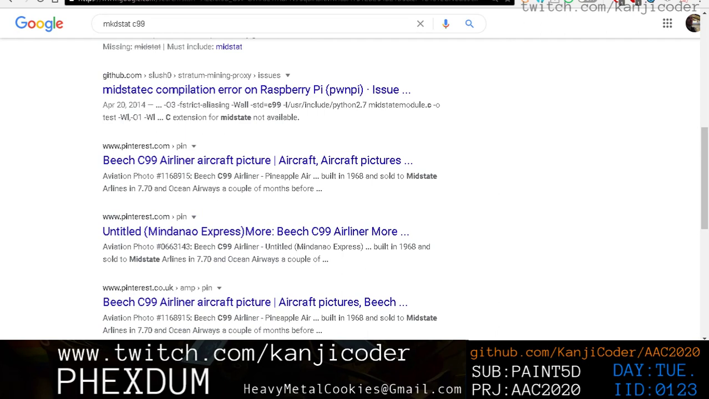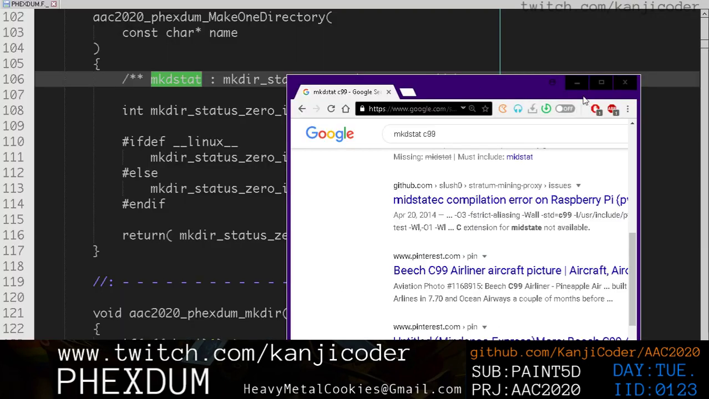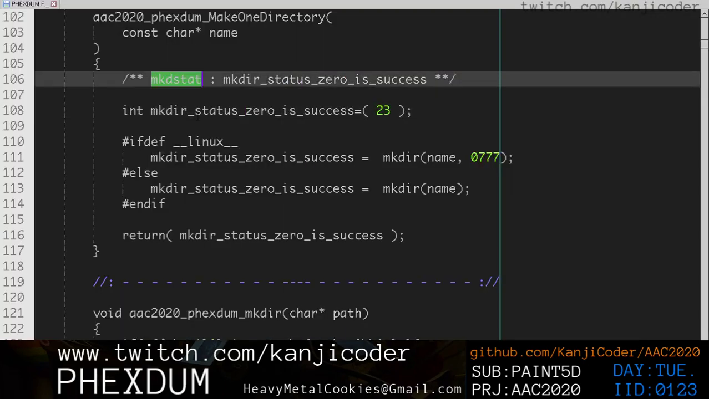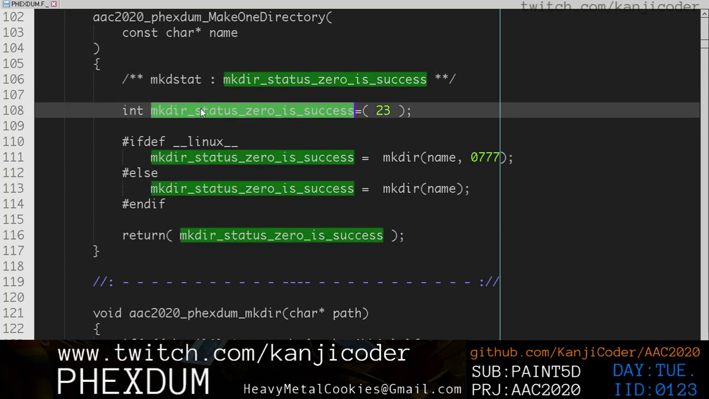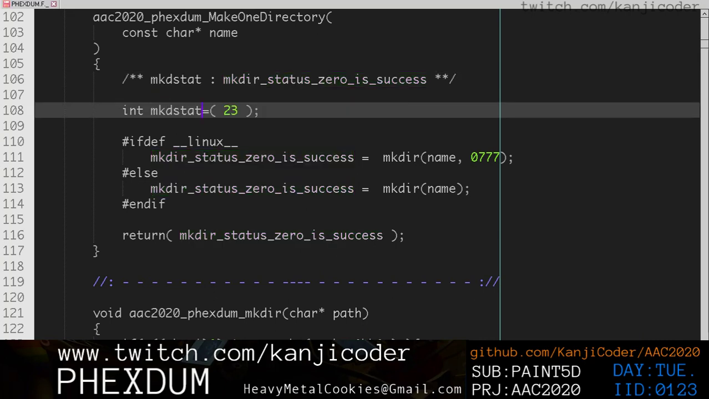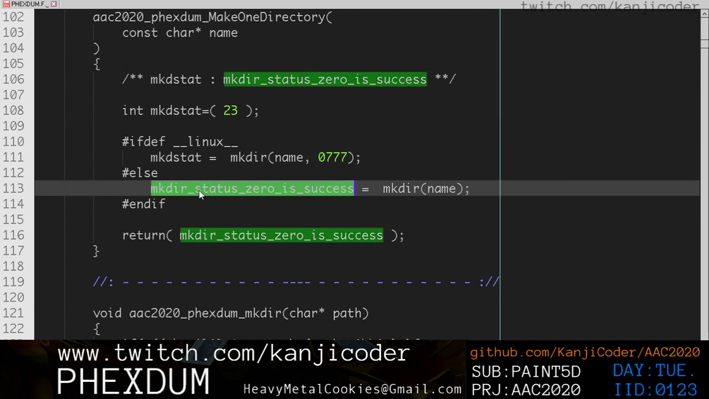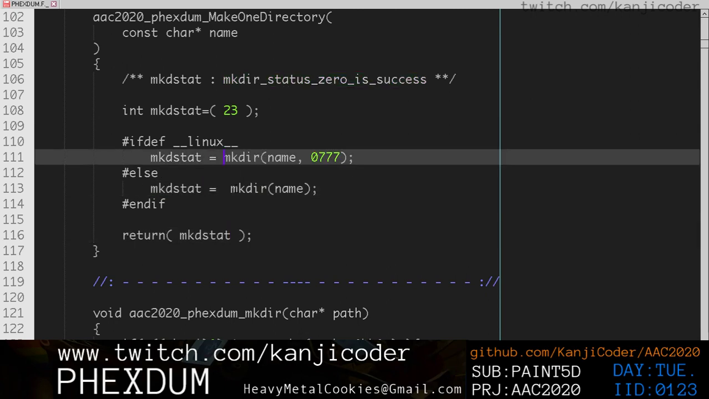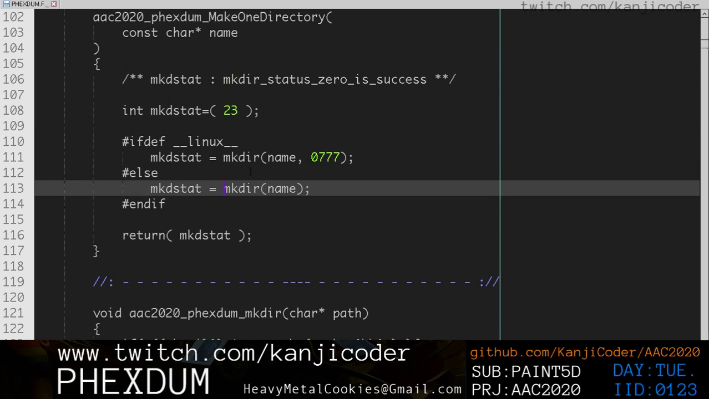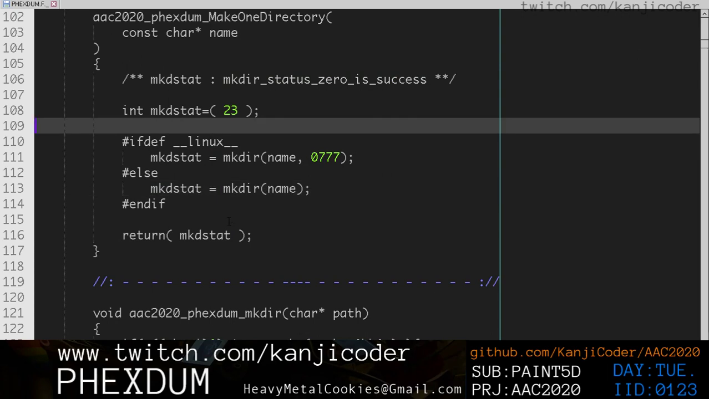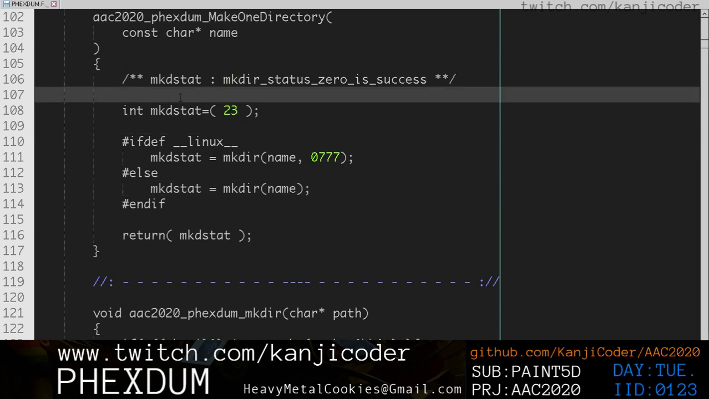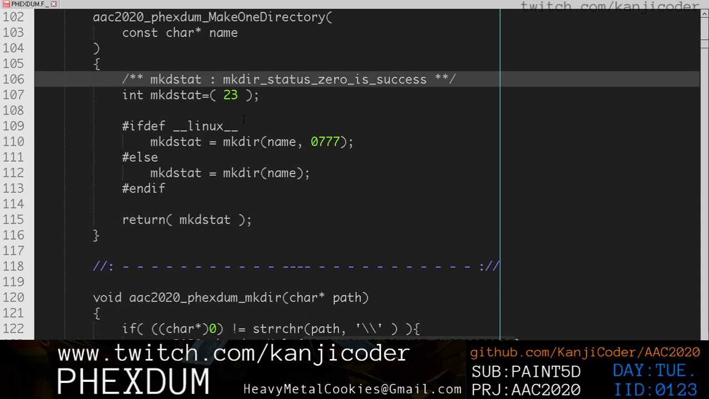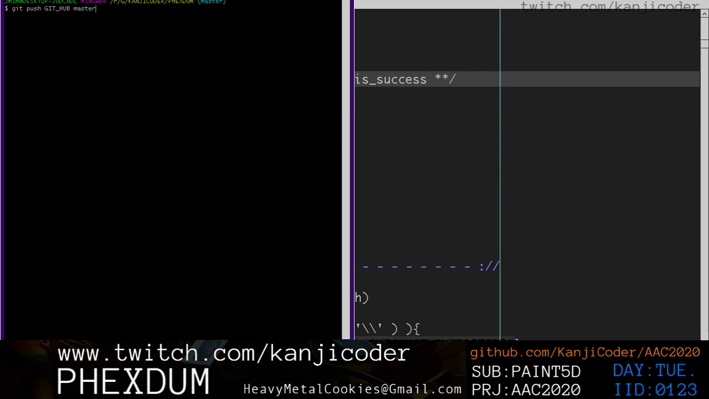Okay, so I think we're okay. So yeah, we could say mkdir status. And there we go. Right, so all this is just an #ifdef, whatever the heck. It's not much. Also, we want to make sure things still compile, so